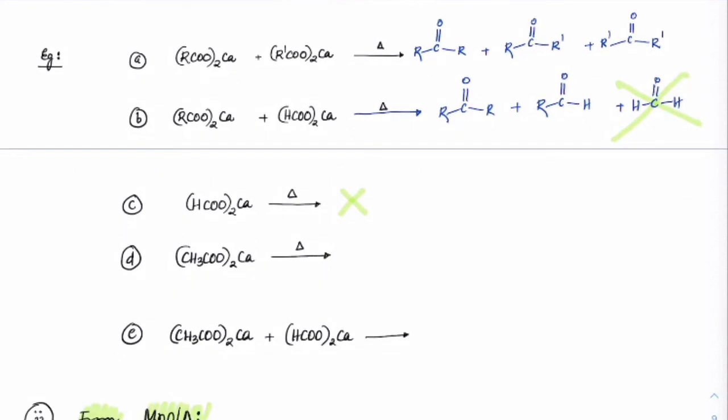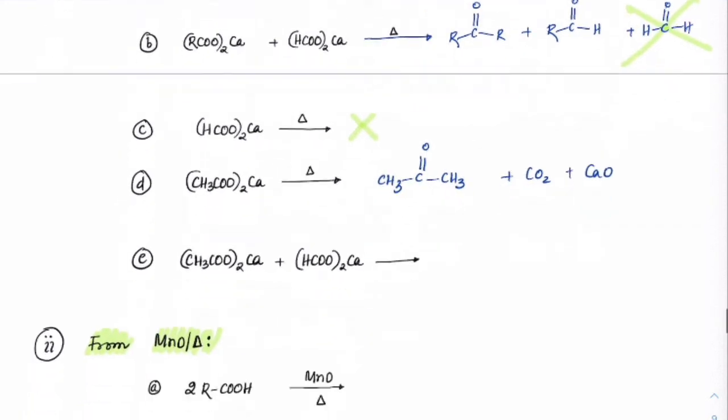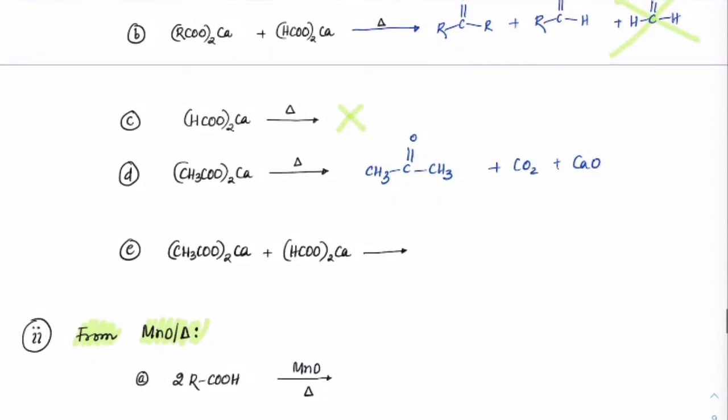Same thing, this is the self product, so we can have this as CH3 C double bond O CH3. That's how acetone is prepared. The side products are CO2 plus CaO. Here also I've taken that as an example, CH3 C double bond O CH3. Next, CH3CHO. These are the only two products which are formed.